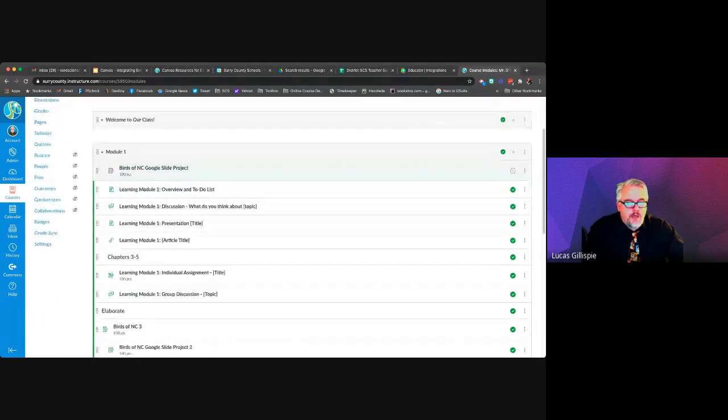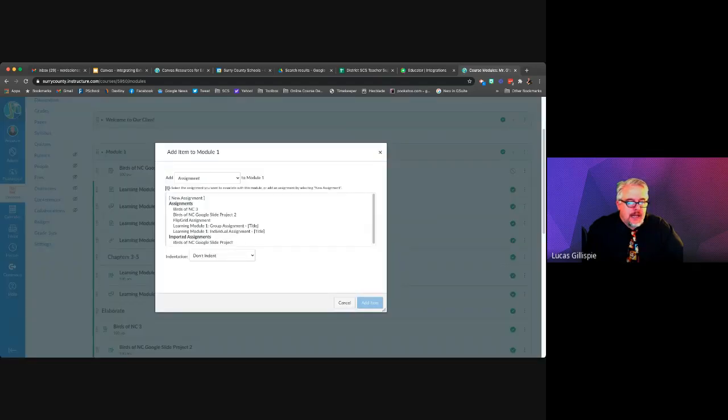Okay, so here's my first module, and I've been playing around with this, so it's a big mess right now. But I'm going to add an assignment. To add anything to a module, I just come to the top of the module, click this plus sign here, and I choose what it is I want to add to the module. So it's going to be an assignment, and we're going to call this local wildlife